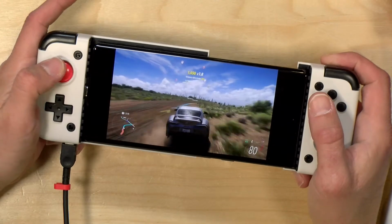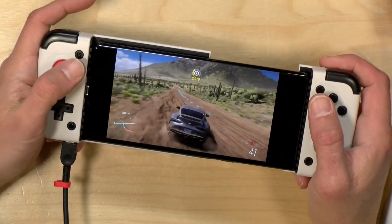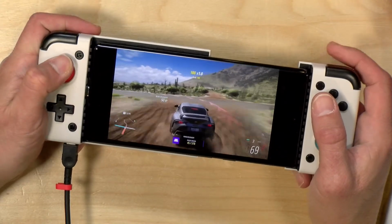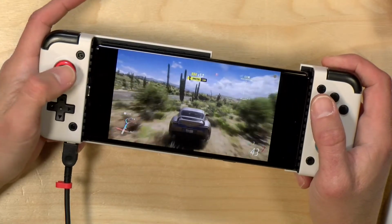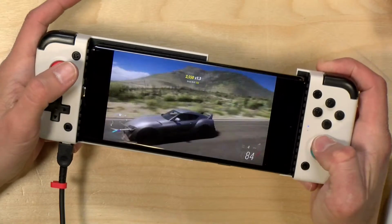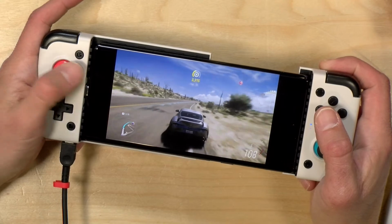But the game looks nice on this screen. This is the Pixel 6 Pro. It's got a beautiful OLED display. It runs at like 120 hertz, I think, or something, so it looks good. And what's nice, there's no penalty for hitting things in this game, so your car just looks the same all the time. Maybe it's a little bit dirtier than it was before, but...